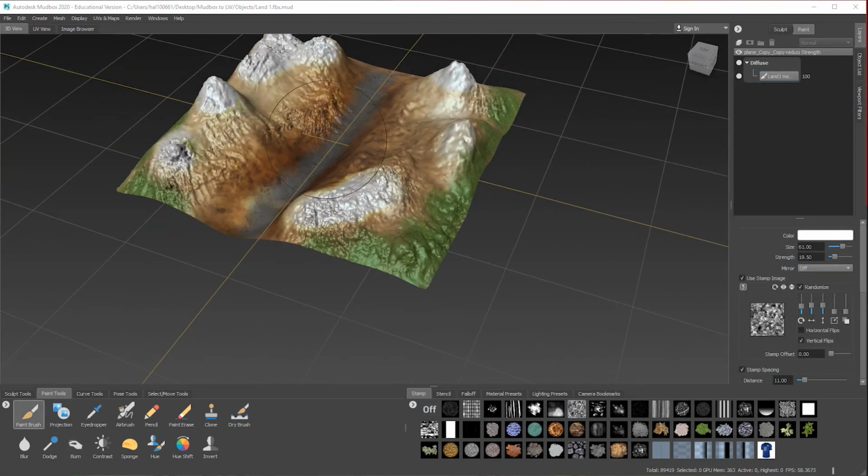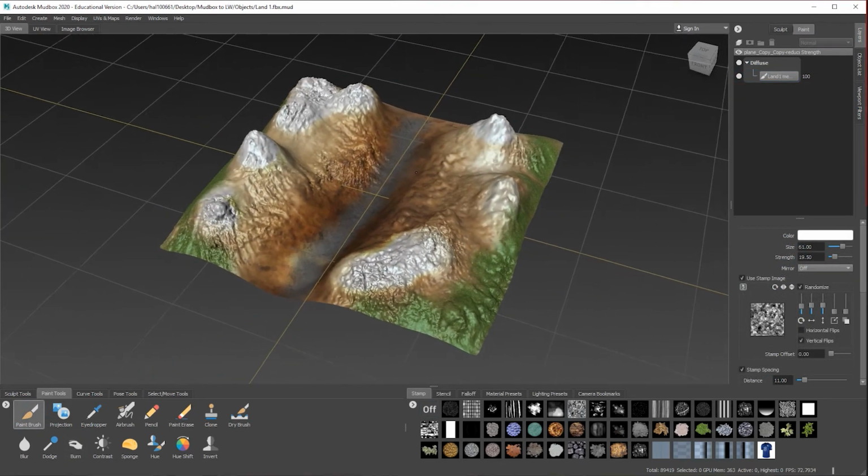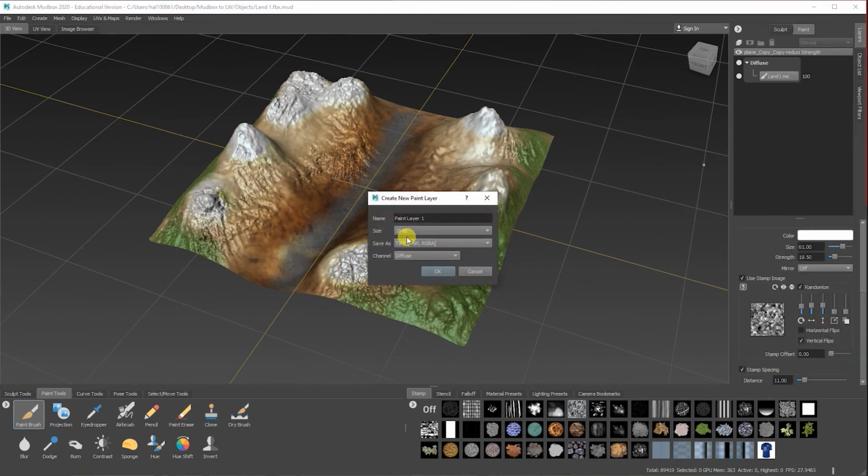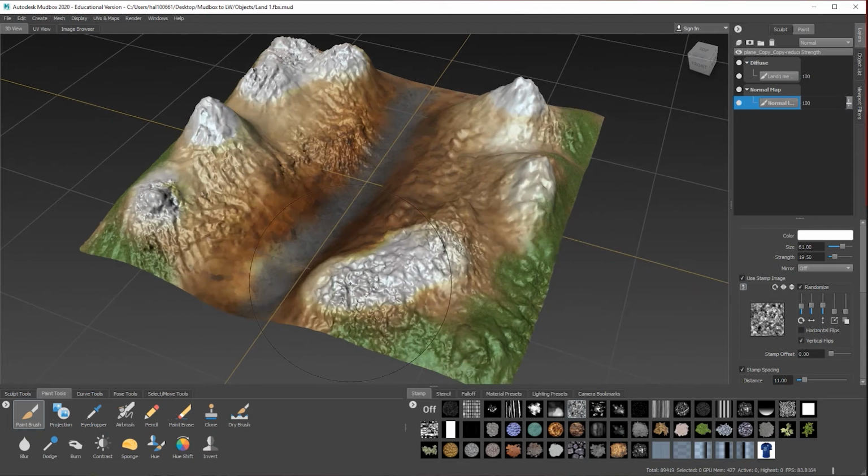Okay, so if you want to add some more detail in there, I think probably one of the best things to do is maybe if you right mouse click, new layer, let's just call this normal land, and under the channel let's create a normal map and take that in. So I'm just on brush. If I brush over it, it'll create some of the detail better, faking the shadows and stuff like so.